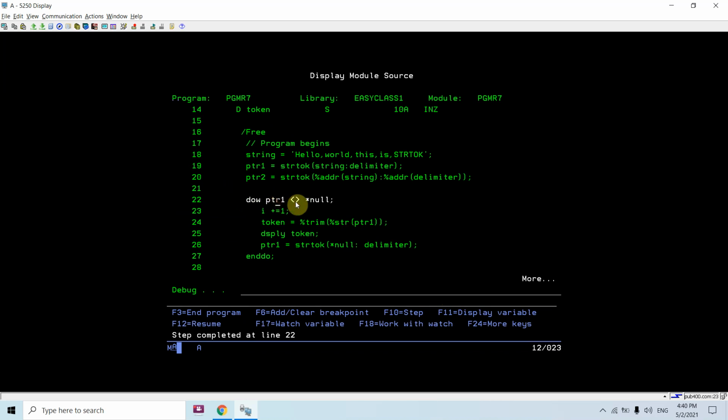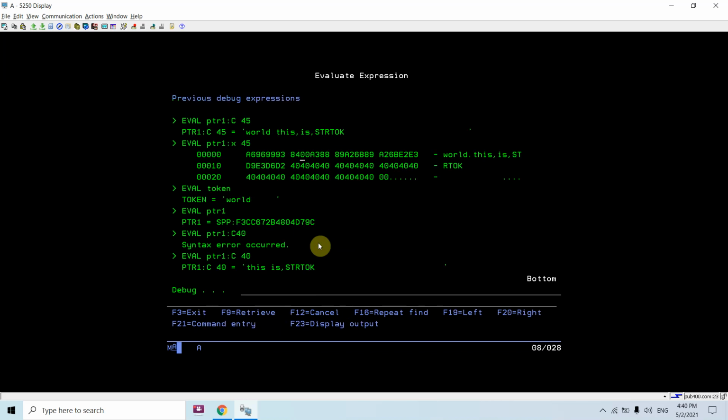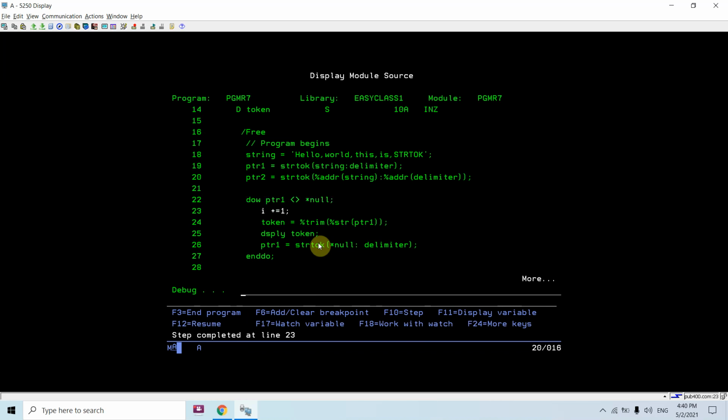Now it will again check not equal to null, and it will return the token word. Again I'll pass the null, then it will return. You can see 40. This inserted the null after this.